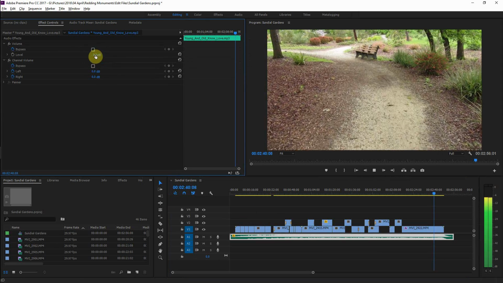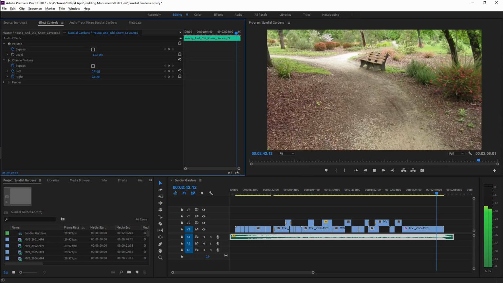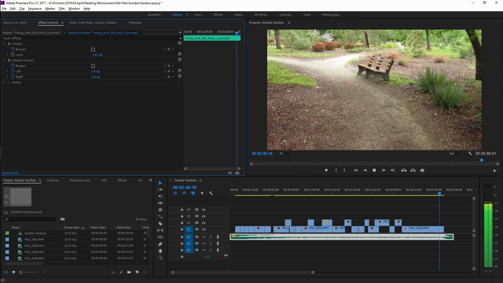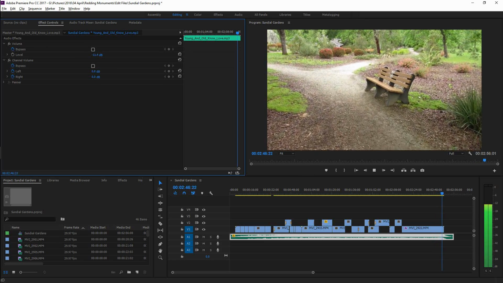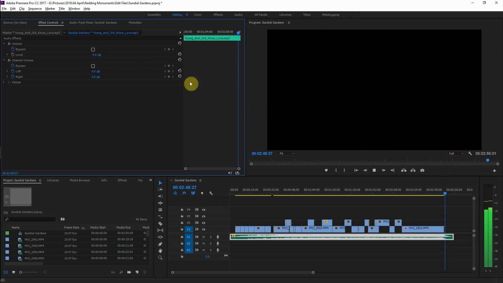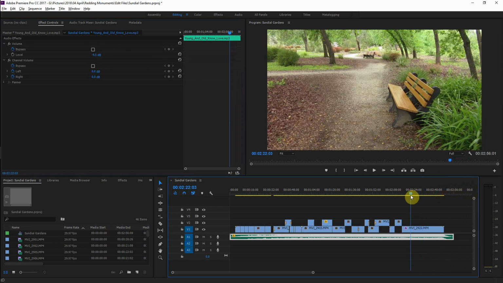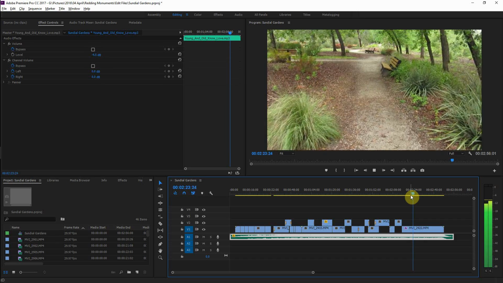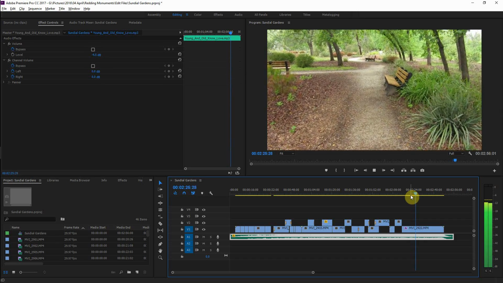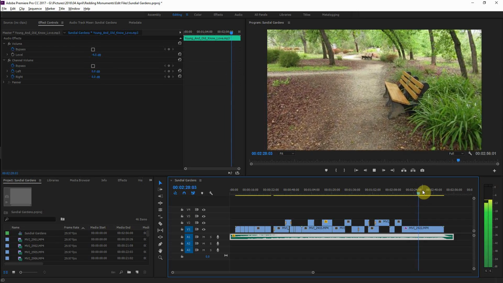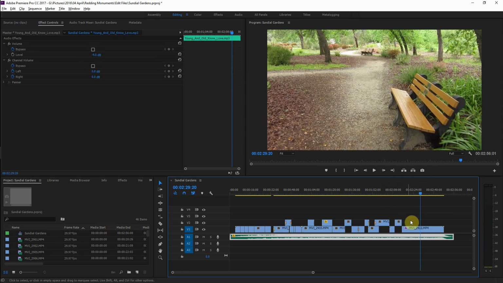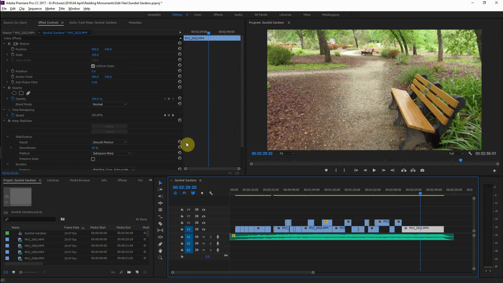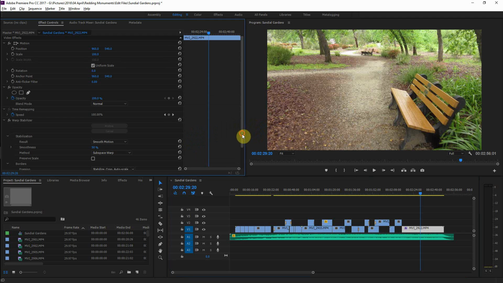Let's bring it down. Okay, I think the stabilization worked except for the way the leaves are dancing. But I have to hand it to them, Warp Stabilizer works. Now, I'm trying to remember what we did.